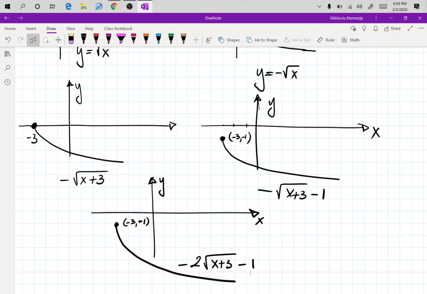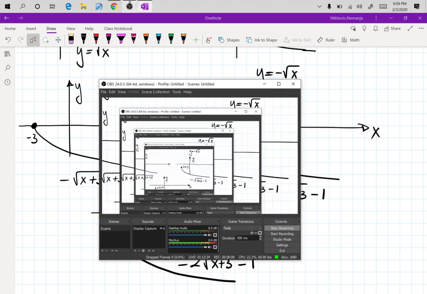So on Wednesday, we will be learning 1.7. So we'll deal with that on